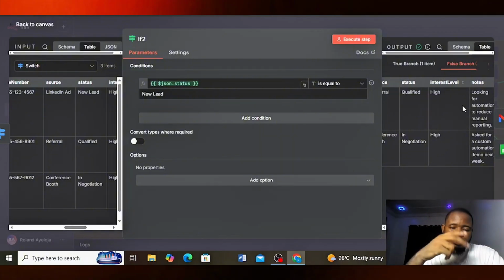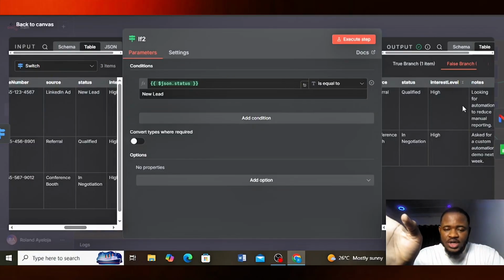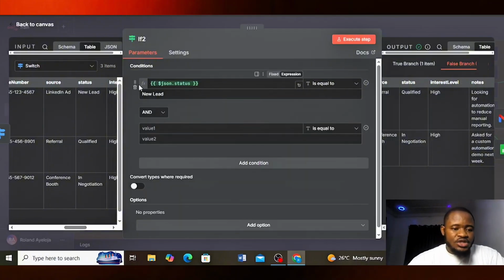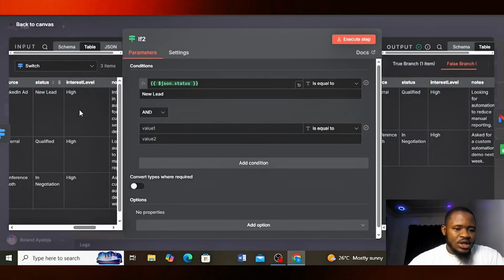You want to route based on a particular parameter. Based on this parameter, if you satisfy that condition, go to this particular region. If you don't, go to this other region. Now, actually not just one parameter, that was my own error. You can always add another condition. Let's say we add an interest level. So if you're a new lead and your interest level is high,